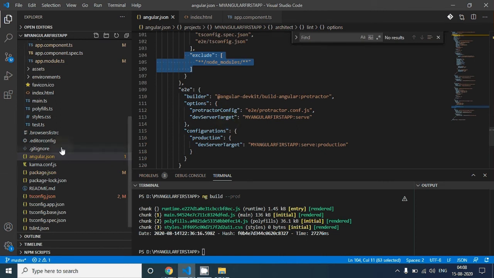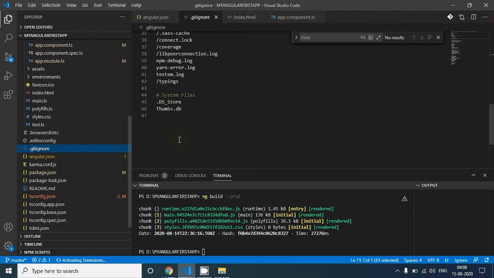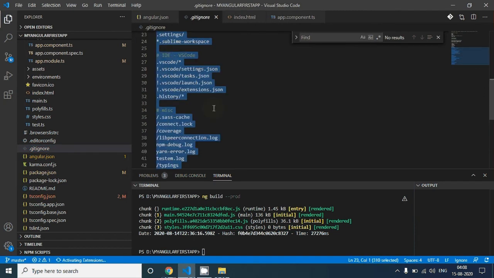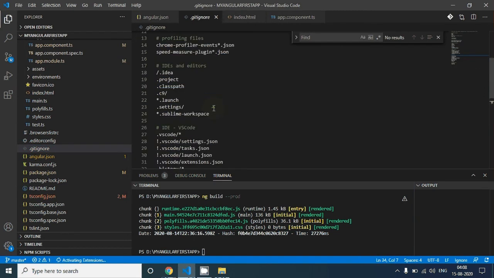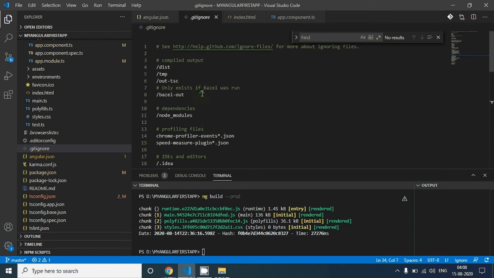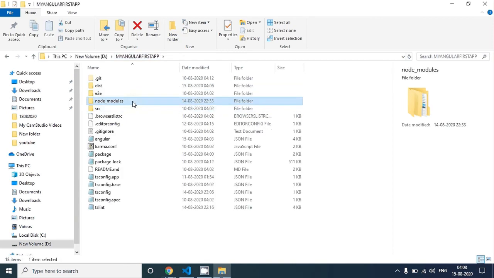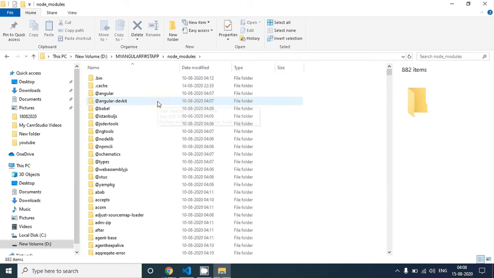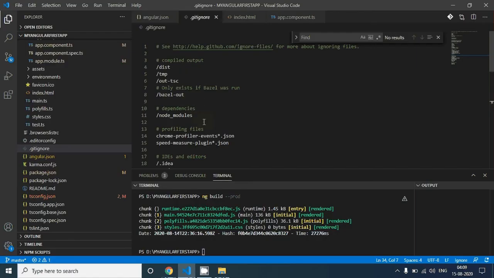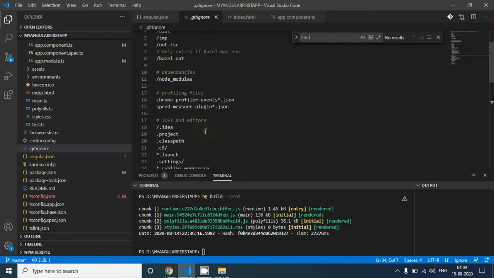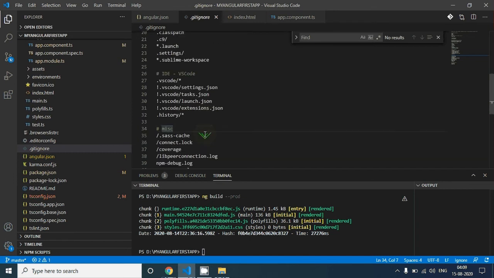So now let's move to .gitignore. So .gitignore is the file where you will put the paths of all those files that you don't want to push to your Git repository. So here if you see /node_modules. So what is /node_modules? Let's come to this application, and this is the module. So this module you don't need to push to your Git repository. So whatever files you don't want to push to your Git repository, you will give the paths of those files.